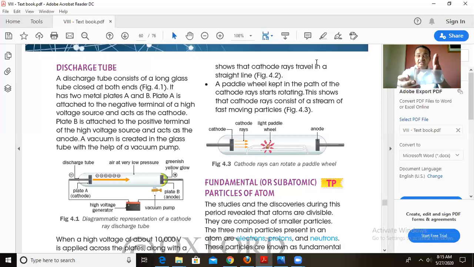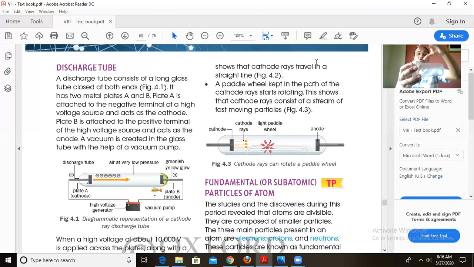So what is there inside this? Two metallic plates, one acting as a cathode and the other as an anode, and the battery is kept outside. There is also a small hole over here for applying the vacuum. You can remove the air using this small inlet, so the required vacuum can be created very easily using the vacuum pump. So this is the arrangement.